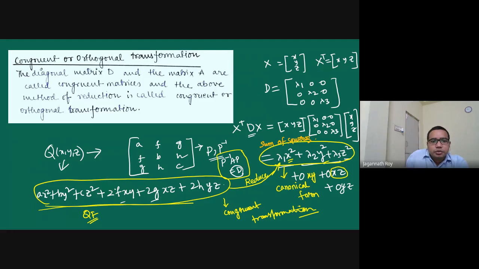The question may be: write the canonical form, or reduce the quadratic form into the canonical form. Write the quadratic form into